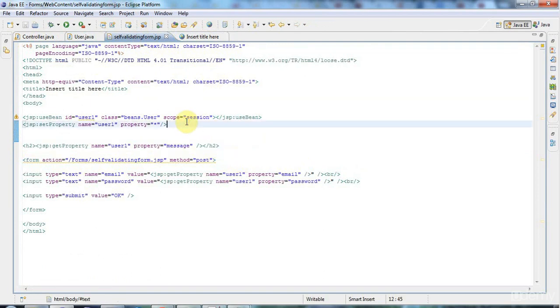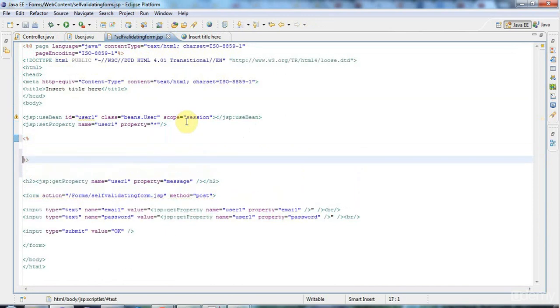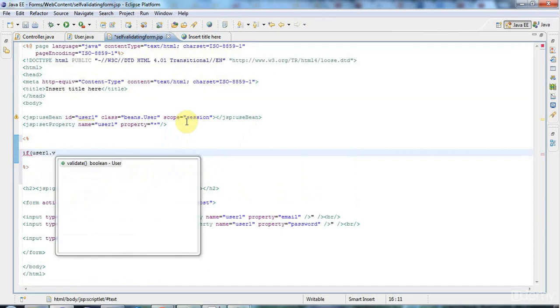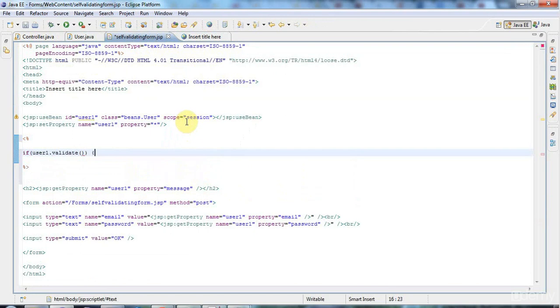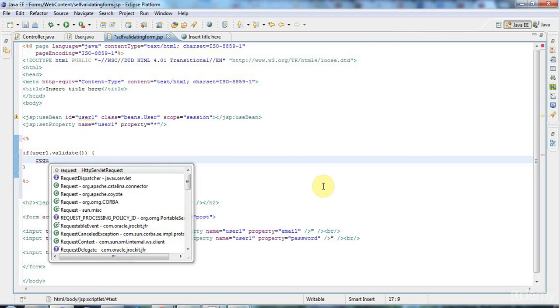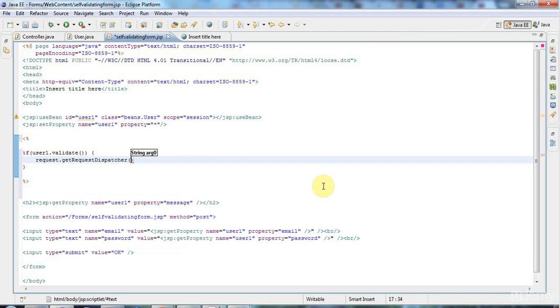Now I want to have some code up here that sees if the bean can be validated. Let's have a scriptlet tag, and I'm going to say here if user1.validate, then I won't go on to do the rest of the stuff. I'll forward to a different URL. So let's say here request.getRequestDispatcher, and let's forward to, and the forward is relative to the context root,